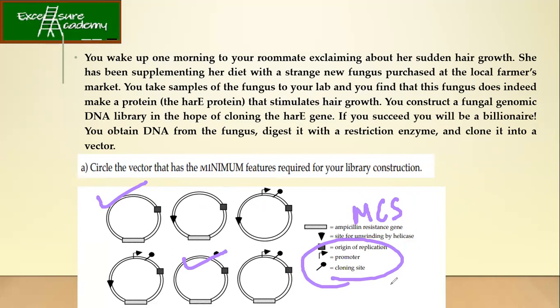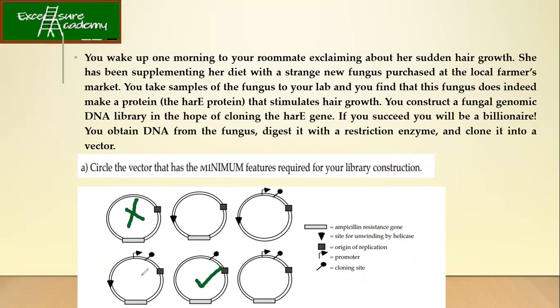And that is very important. So it has to be present in any clone. So it has to be present for the cloning. So now let's see where all it is present. So we see that it is present only in this and not in this. So hence, this is my correct answer.